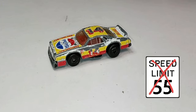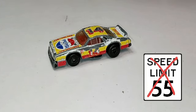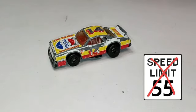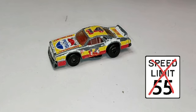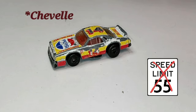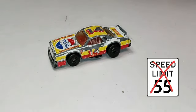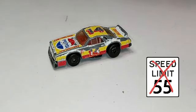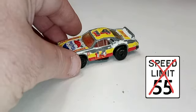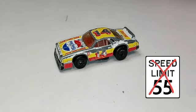This build is for the Cannonball Run build-off that we're having. I chose the, well, more like got stuck with the Hawaiian Tropic Chevy Malibu Laguna, which is actually this Chevy Pro Stock model here from Matchbox, super fast. This is a Malibu Laguna,